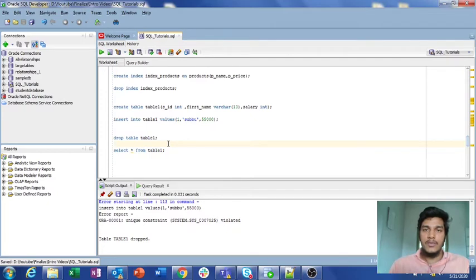Suppose you specify a particular column with a primary key constraint. Then it won't allow any duplicates while inserting a row, and it won't allow null values into the table while inserting. So that is the main difference between unique and primary key. The only difference between these two is that unique will allow null values into the table while inserting, and primary key will not. That is the major difference here.